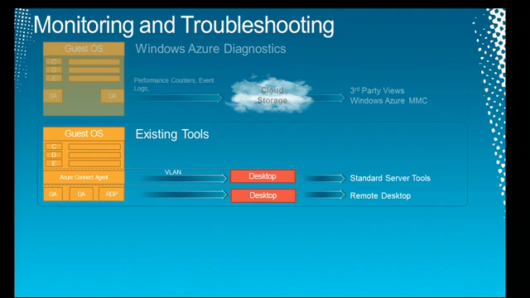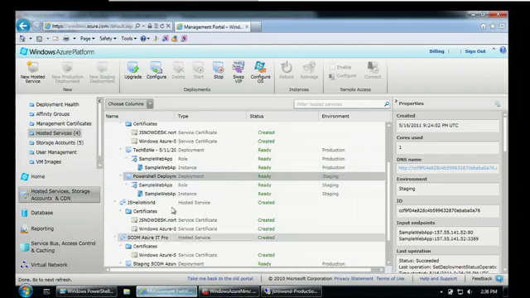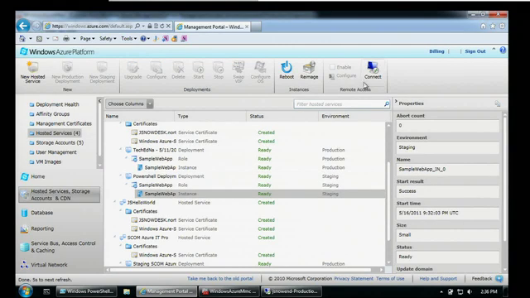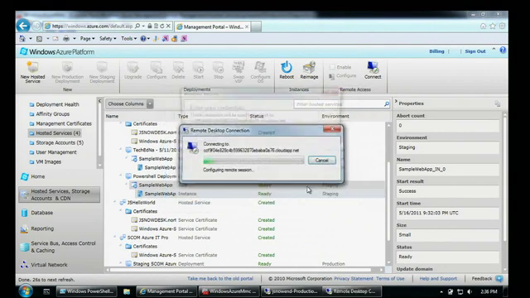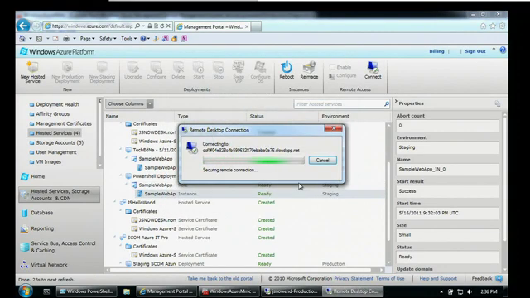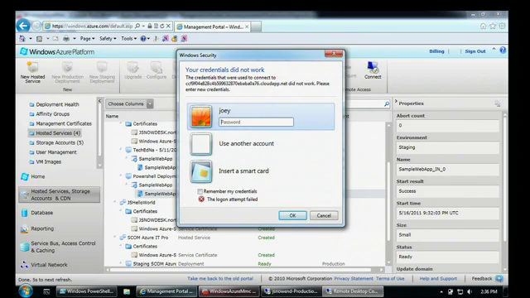That's to connect directly to the role itself via RDP. And you can actually configure RDP access for any of your running instances running in Windows Azure. So if I go to my portal and you take a look at my application that I've currently got running in my management portal, you'll see that this particular instance I've actually enabled RDP access to. So I can simply connect, and it's going to ask me for my password, which I've already pre-configured, which you do in your setup environment. Now, the developer has to enable it within the application first, and then there's a little switch that you configure on your side that says whether or not it's active, what the username is, and what the password is. And then once I get that application out there, and I've already got one running,